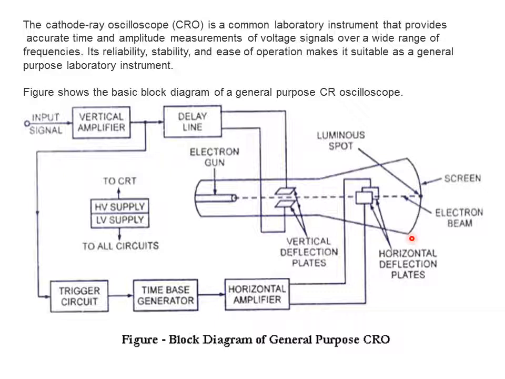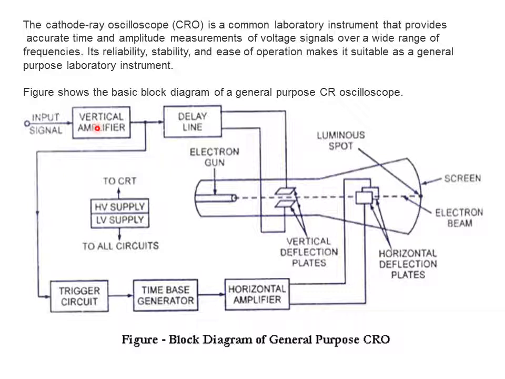Hence, the electron gun generates the beam which moves down the tube and strikes the screen. So this is the electron beam which strikes the screen. The screen glows at the point of collision, producing a bright spot. You can see here this is a luminous spot, which is also known as a bright spot. When the beam is deflected by means of an electric or magnetic field, the spot moves accordingly and traces out a pattern. Now we will see one by one the blocks of a general purpose CRO, that is oscilloscope.